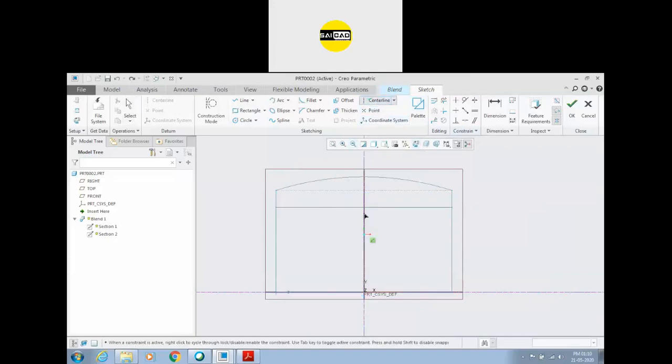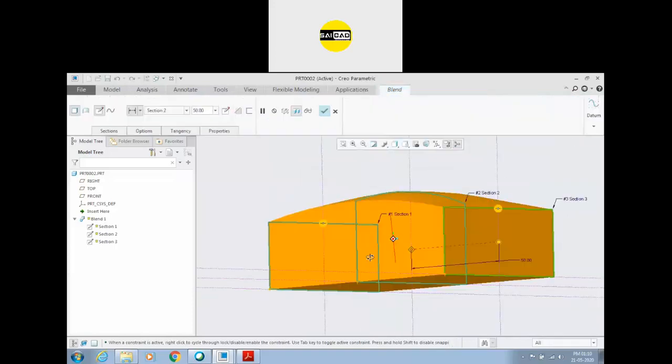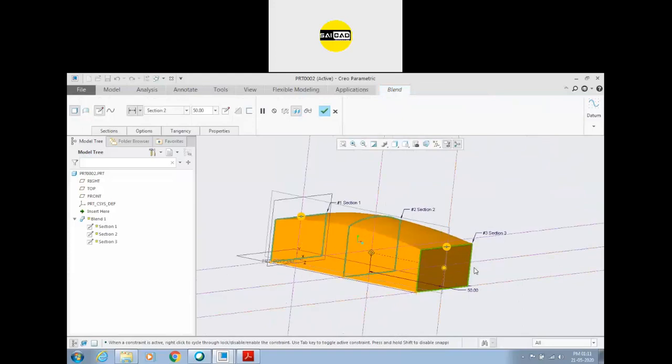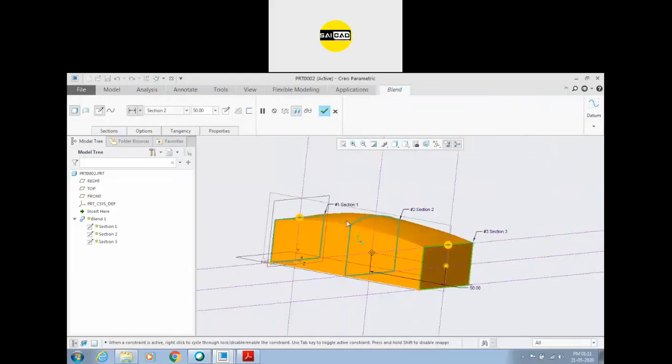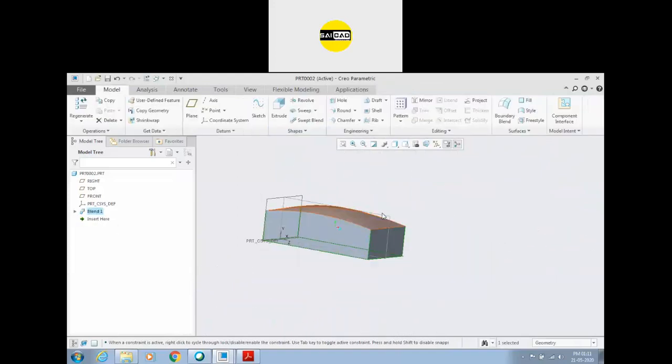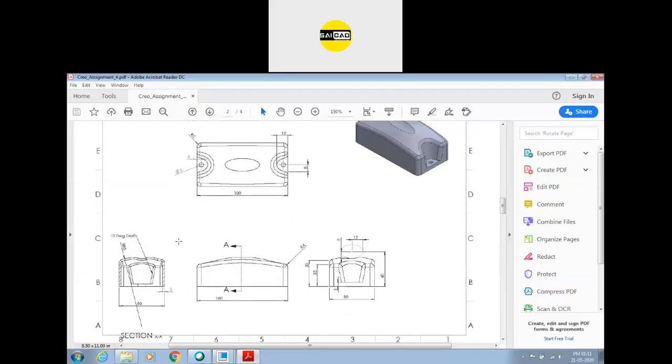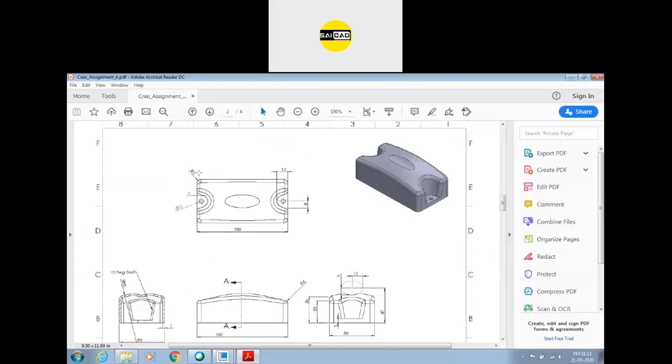So create a center line, create a rectangular shape from somewhere here to here. We have this value at 50 and this value at 25. Click OK. So we have this shape. Okay, three shapes, front end a rectangular, and the middle shape is something like that. Click OK, and this is the base shape. Now we have to apply some fillets. So we have the fillet. Okay, we have the radius 5 everywhere.